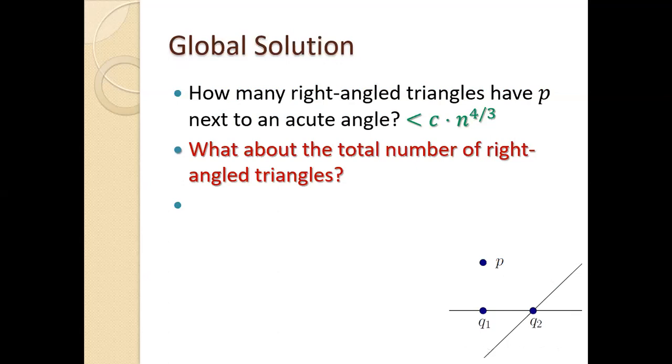But I don't want one specific P. I want the whole set, right? We had just a general set of endpoints. We wanted to see how many right angle triangles it can have. So if I don't care about one specific P, I want to say this set has at most X right angle triangles. What can I do? I know the answer for triangles touching one specific point. How do I immediately turn it into an answer? So the total number of right angle triangles that my endpoint set has is, any thoughts? Anyone?